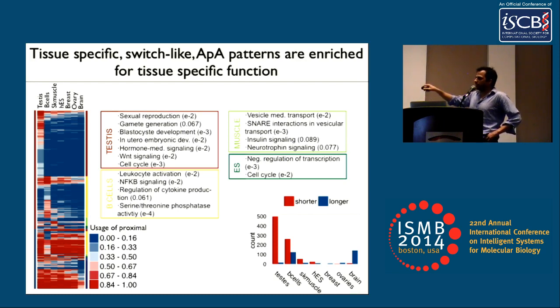But the interesting thing here is when you do GO analyses on these exclusively short and long genes, ignoring differences in gene expression between the 2 tissues, we recover tissue-specific functionality that's relevant to the tissue type that we're looking at, right? And that's summarized in this GO analysis here. Furthermore,